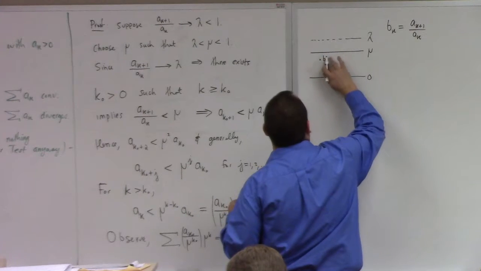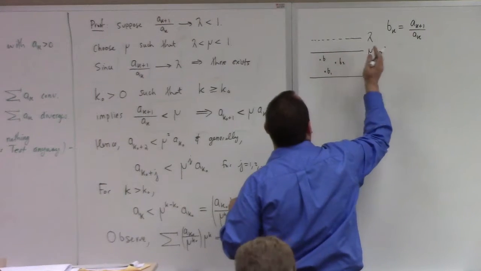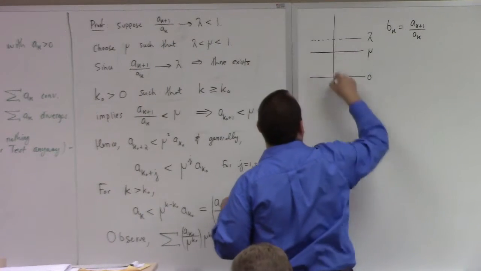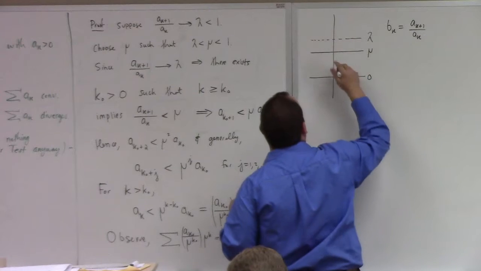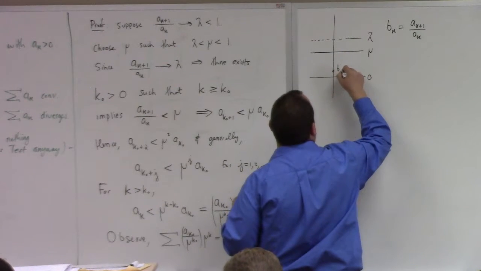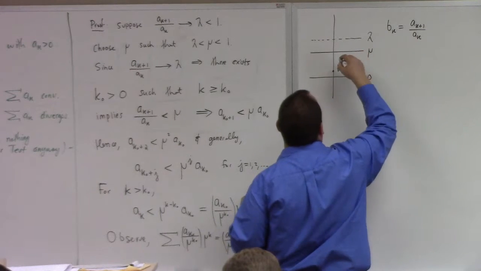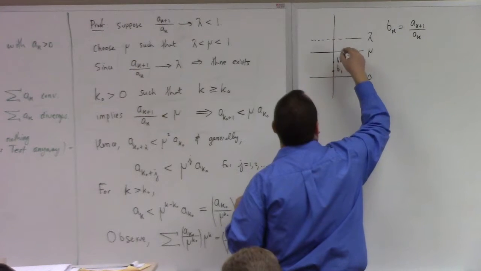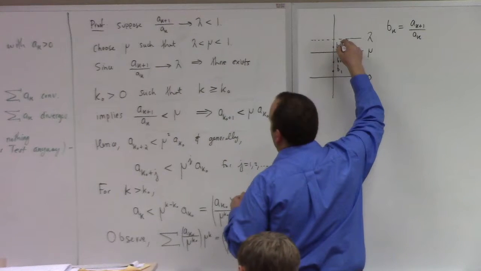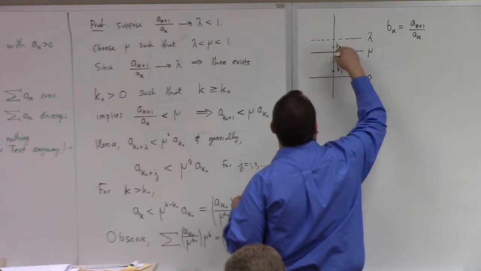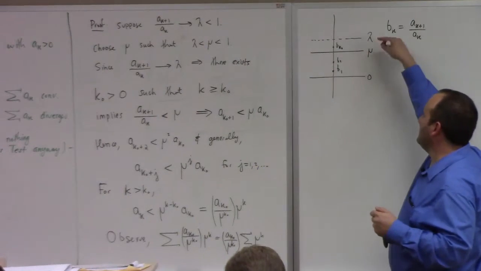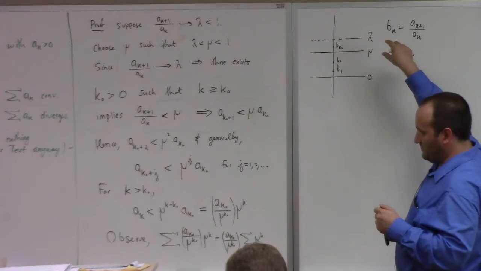There's a number line here, right? Eventually, you get to some k naught, so that all of the things are closer and closer to lambda, right? So if you go far enough out, you should have all of the terms